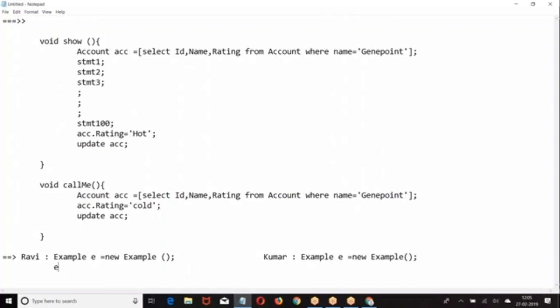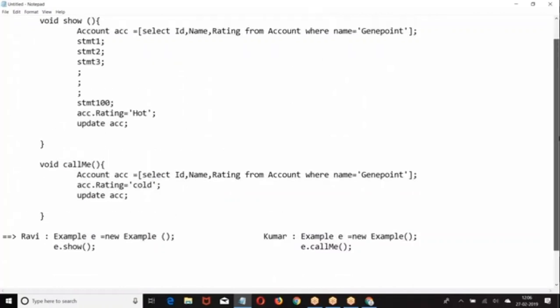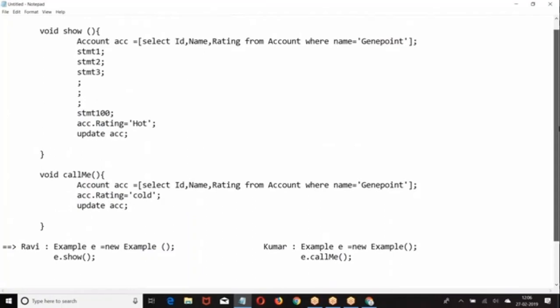This one is calling one method and that one is calling another. Now both of them are working on the same data, right? Here my question is: I want to say, boss, until my operation is completed, don't allow anybody to modify this data.